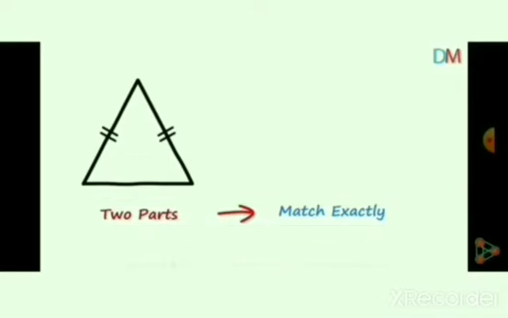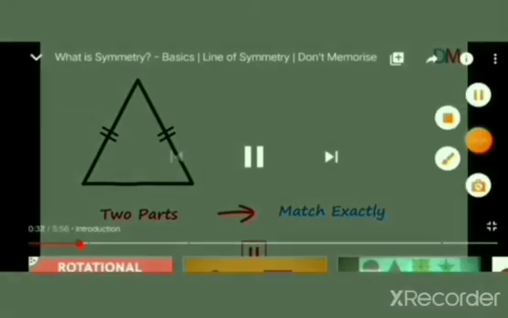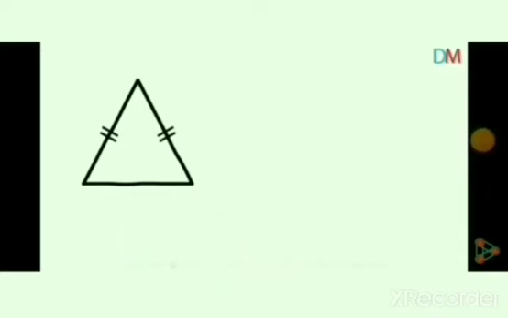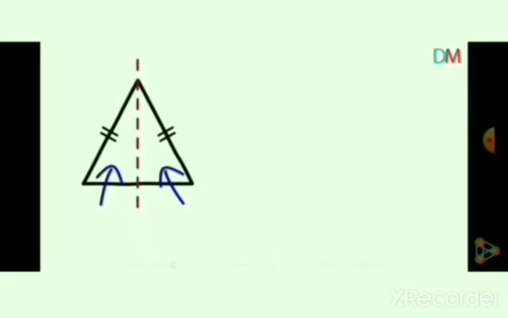So here we have to draw one line in the middle and fold them such that both parts match exactly. If we draw a line like this, that condition will be satisfied. And yes, it is a vertical line which divides the triangle into two parts which match exactly when folded along the line. If the part on the right is taken over the left, we see that they overlap exactly, so the shape is symmetrical. The two parts match exactly when folded along the line.